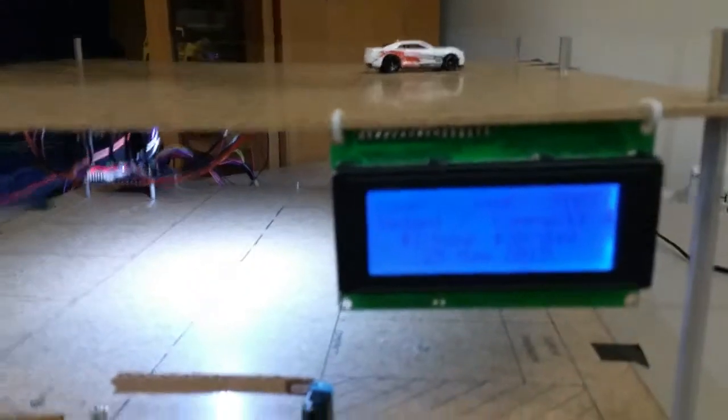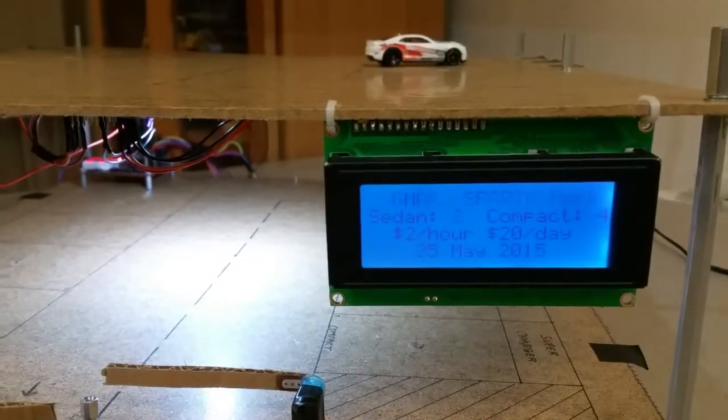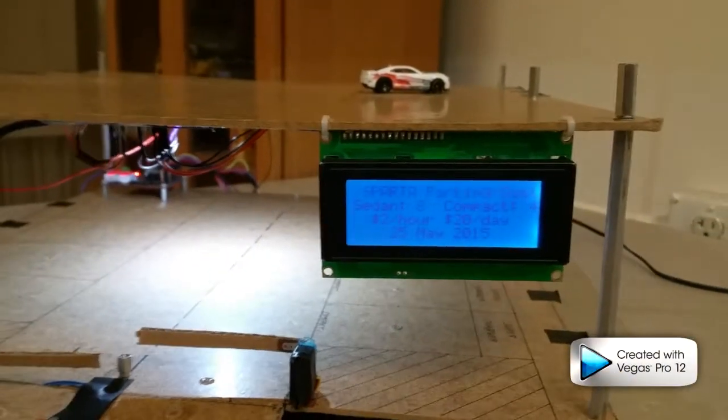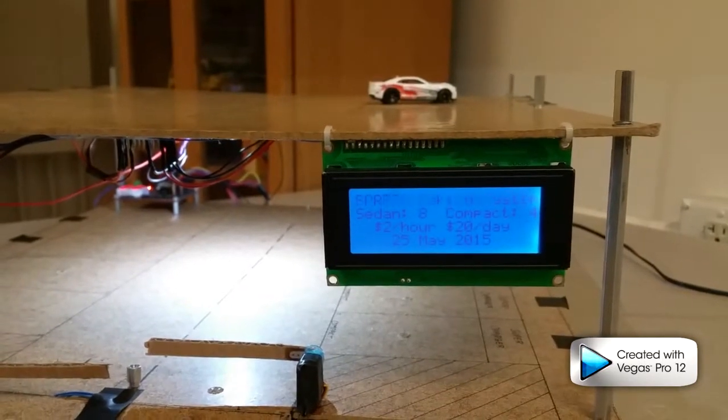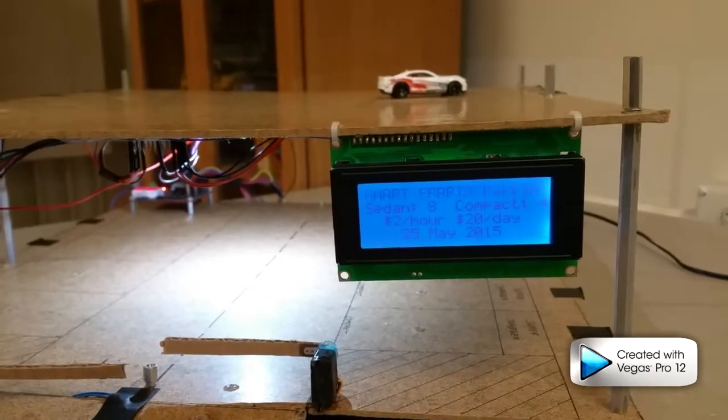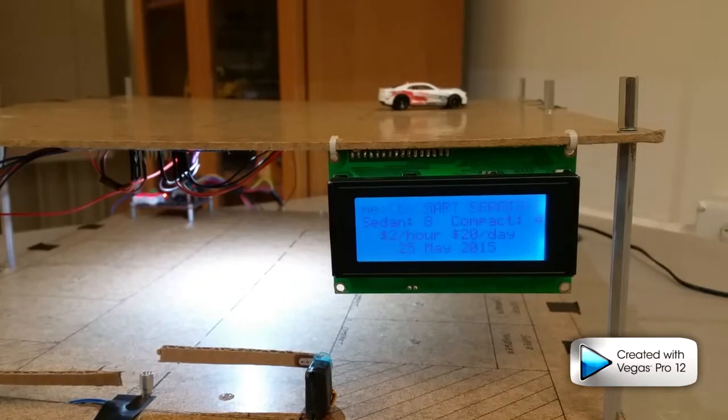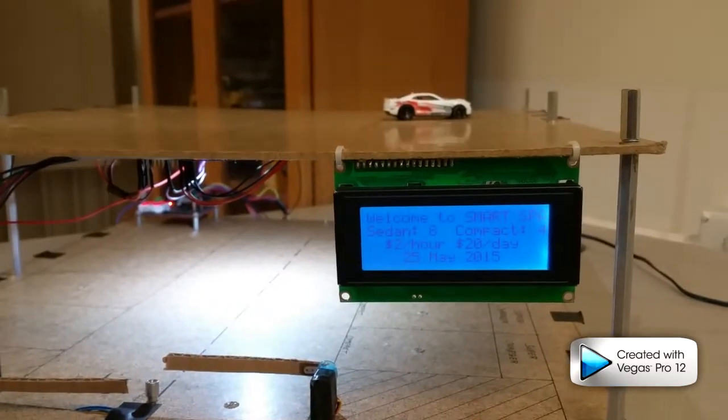And as you can see, these are also equipped with superchargers. And yeah, in the LCD we can see that one more compact has been decremented because there's a car in that slot. And I would like to demonstrate the operation of a sedan